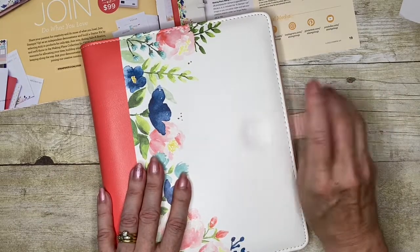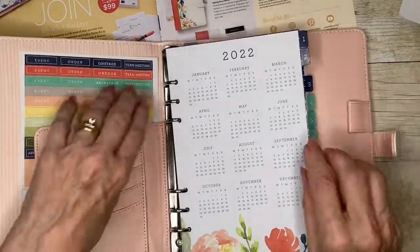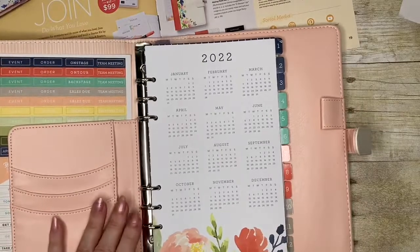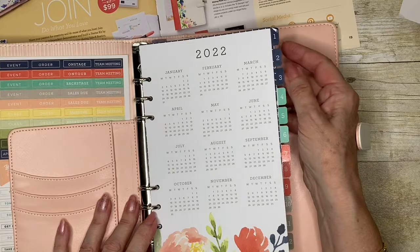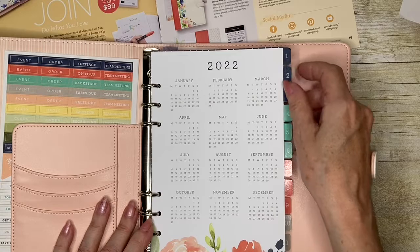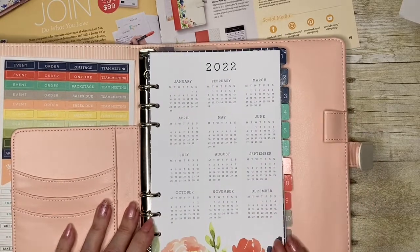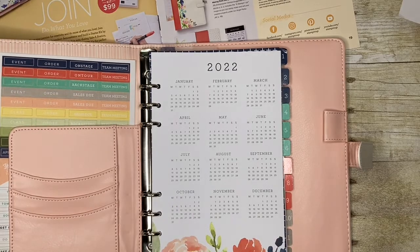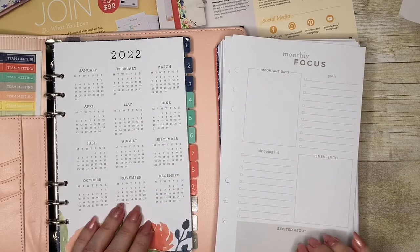A little magnet there to hold it all together, and then inside you've got your tabs for each month, and because they're numbered, it doesn't matter whether you speak English or French or any of the other languages that Stampin' Up works in. This is gonna work for you. I'm just pulling over all the inserts. So it has this set of inserts